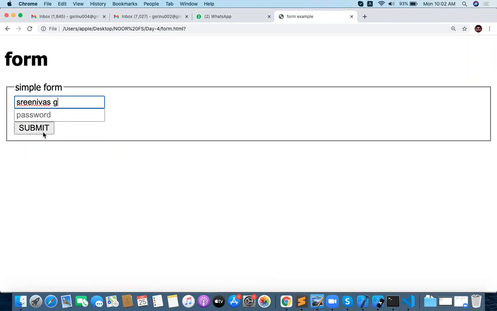After I give the username, I try to submit the form, but it is not going to submit the values to the server or databases. Why? Because the password field is also required. These predefined validations are coming from HTML only. We are not writing JavaScript validations right now. We are providing basic validations from HTML only. When I try to submit, it asks me to please enter the password. I enter the password and click submit. Then only will the submit go through.